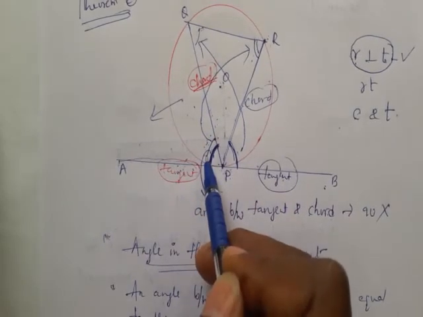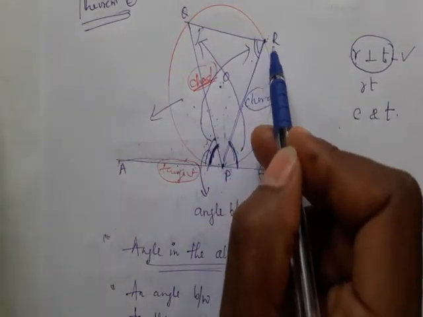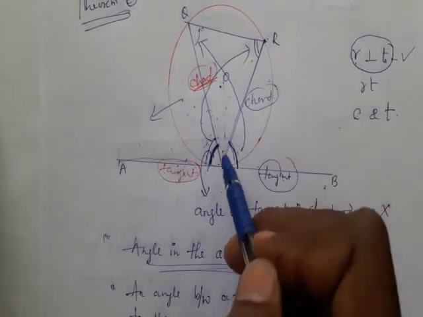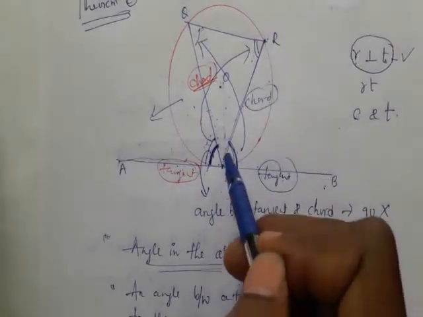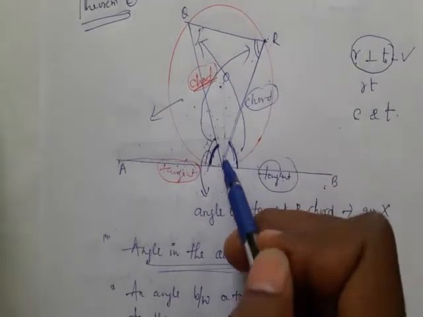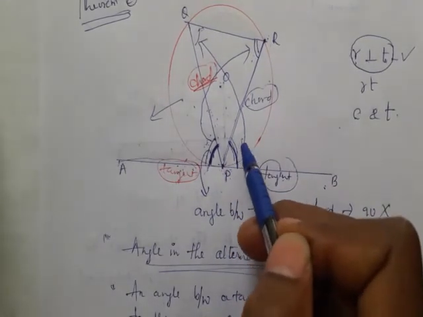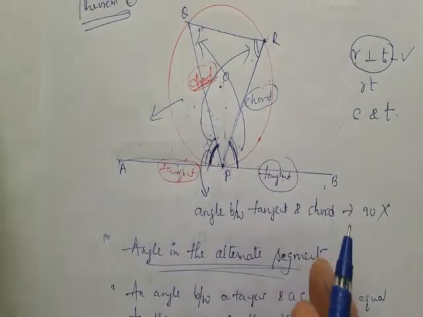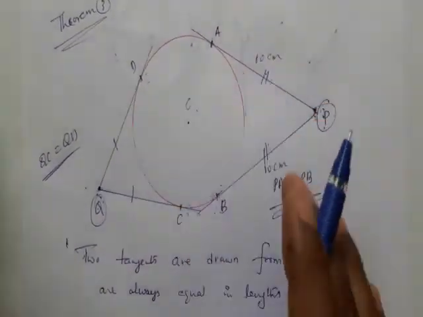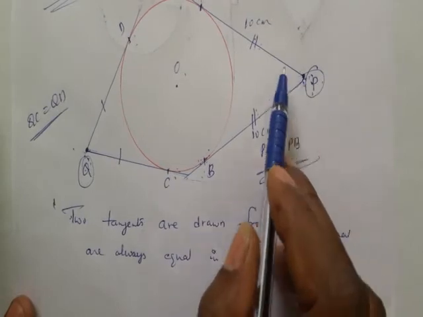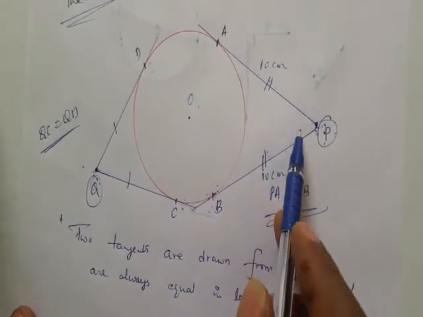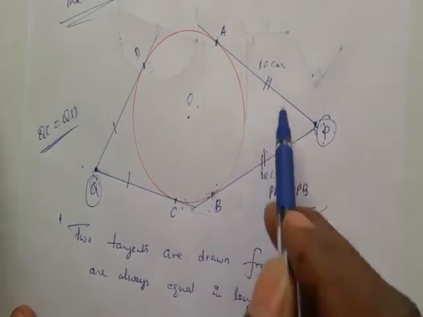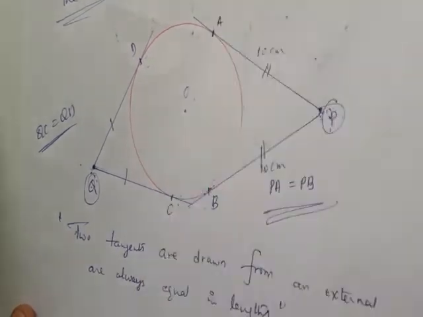PQ chord angle will be equal to the angle that PQ above is standing on, that one. PR angle, if you want to get this PR angle, above PR what angle is sitting? Q, that. The third theorem is, from any external point, a maximum of two tangents can be drawn. After drawing two tangents, they always have equal lengths.